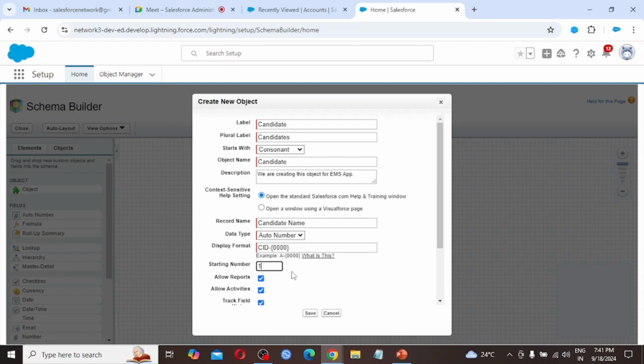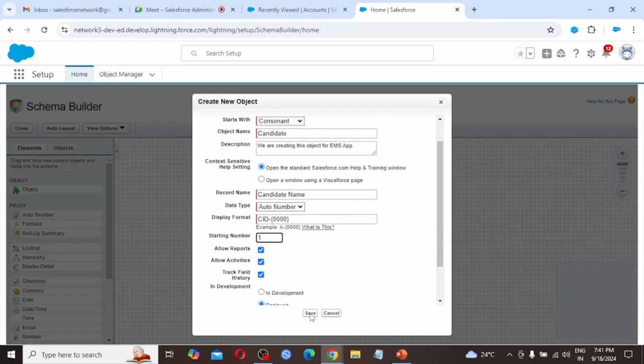So this will be the candidate ID, and it is going to generate when we are creating a new candidate, automatically it is going to provide the candidate ID for that particular record. So we'll see how this is working. Click on save.